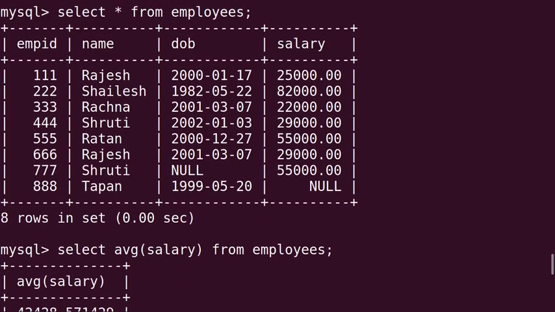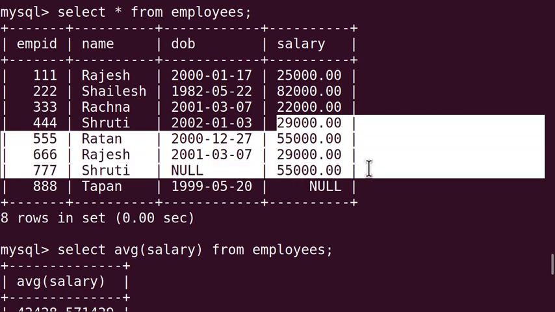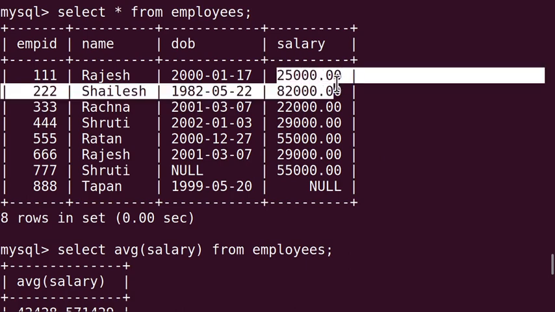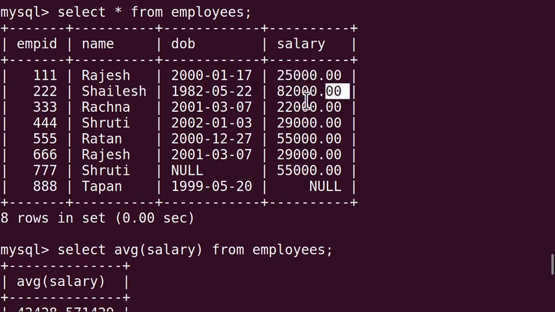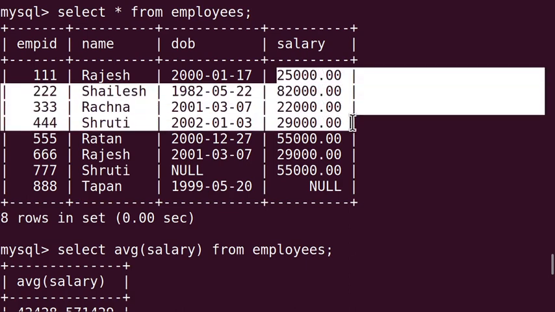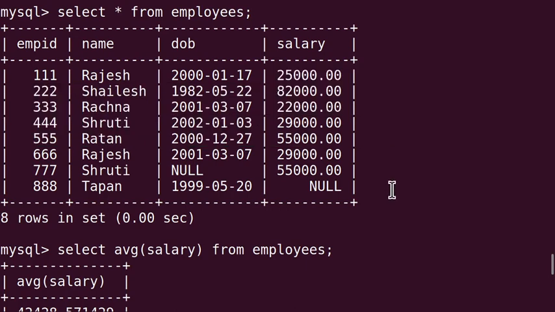In the table, if you see in the salary column, two values are repeated, 29,000 coming twice and 55,000 coming twice. So how many distinct values are present in the table? That is 25,000, then 82,000, then 22,000, then 29,000 and 55,000. Total 5 distinct values are present in the table.